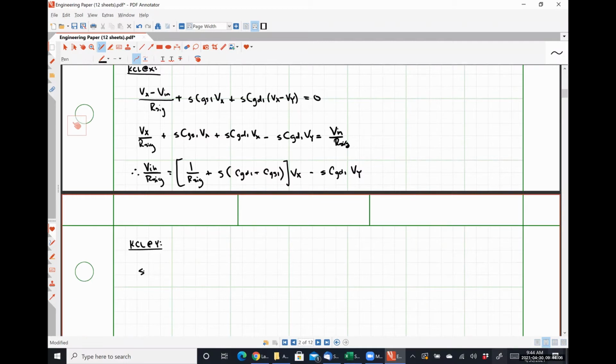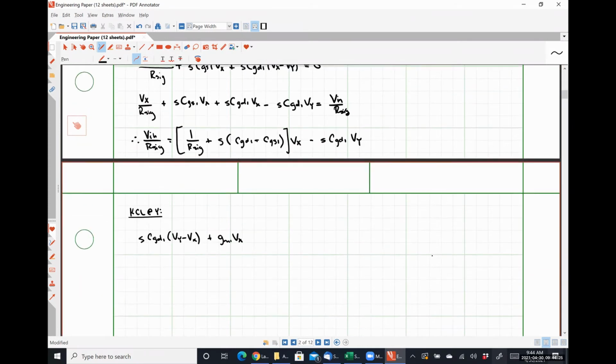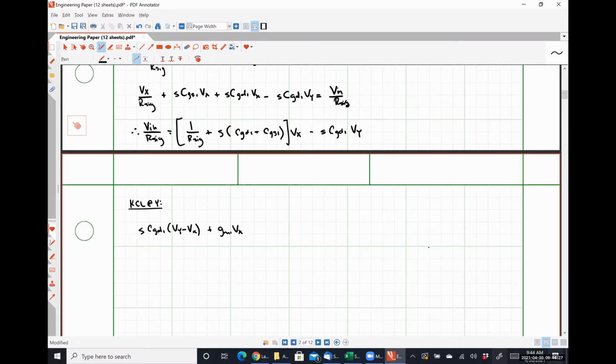So that's going to be S CGD1 (Vy minus Vx) plus GM1 Vx, again, because VGS1 is exactly equal to Vx, plus